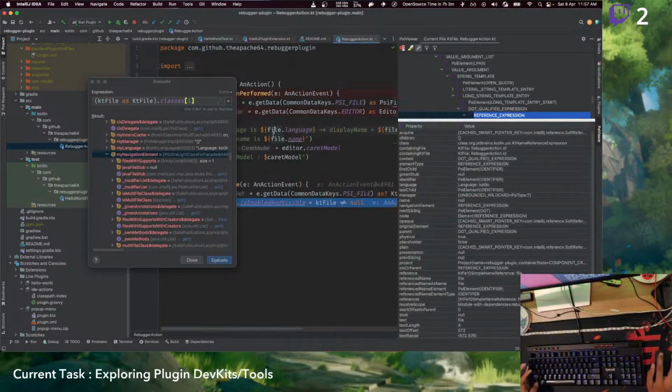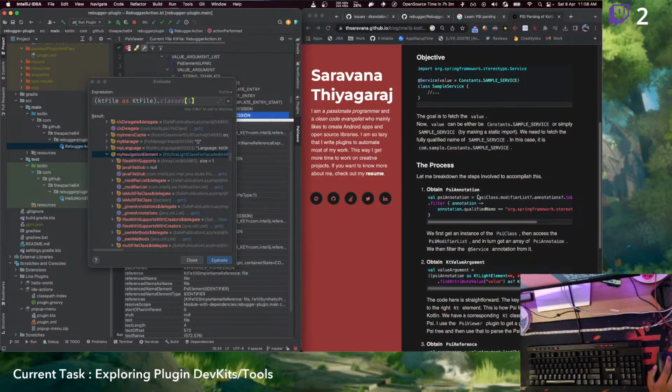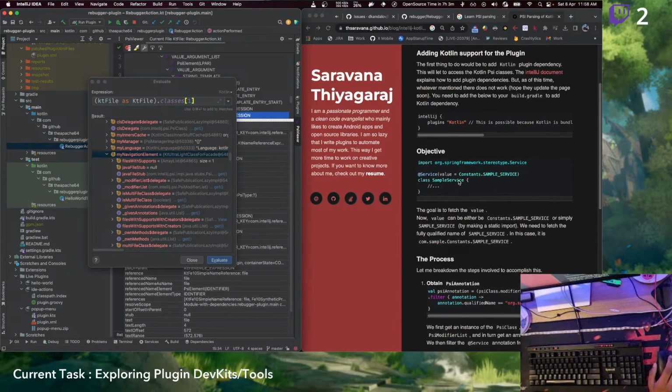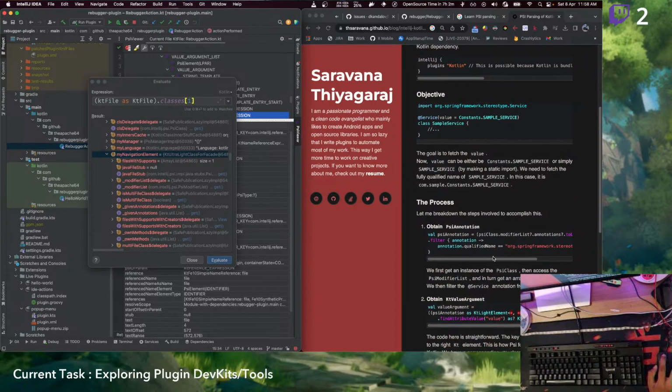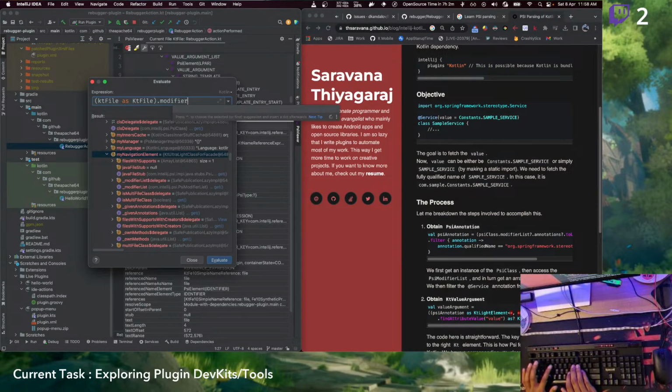Now we have the file. Modifier list annotations to list. That will give only the annotations, I guess. Modifier list, right? Modifier